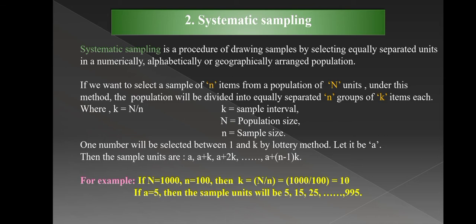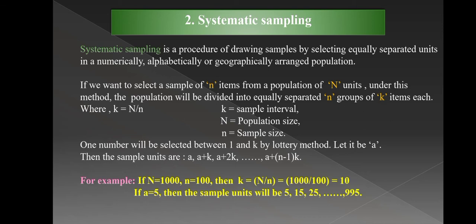Then suppose you are arranging by numbers, then randomly select one number. You can select any one number from 1 to 10. Suppose I select the number 5. Next, after every 10 items you have to select a number, that is from 10 to 20 you will select the number 15. Why do you have to select 15 only here? First I had selected the number 5, that is from 1 to 10 I had selected the number 5. While selecting the first number you can select any number randomly. While selecting the second number you have to take the number 15. Why will you select the number 15?